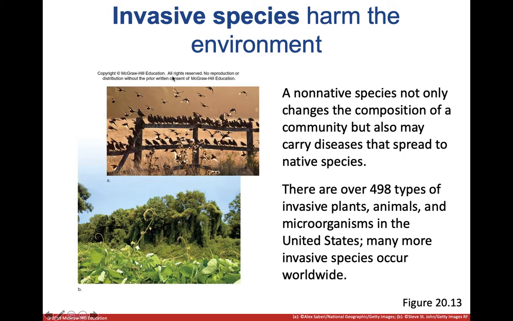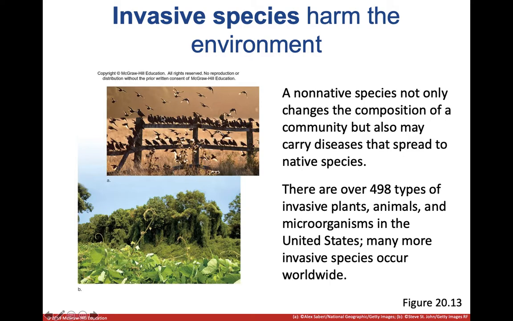They compete with native organisms, and usually they do quite well, if not better than the organisms that are there. So the organisms that live in this area, the native ones, they have to compete for food with each other. They've evolved to be able to do that. And now they have a new organism in their environment that doesn't have to worry about those same problems. It hasn't evolved there. It just gets to show up and eat things. It doesn't really have to worry about competition. It's a little bigger, it's a little better, it's a little faster. So often these guys can outcompete the native organisms to the detriment of that native organism.